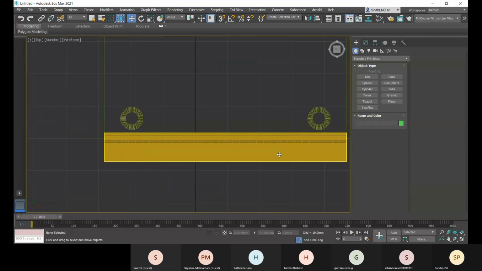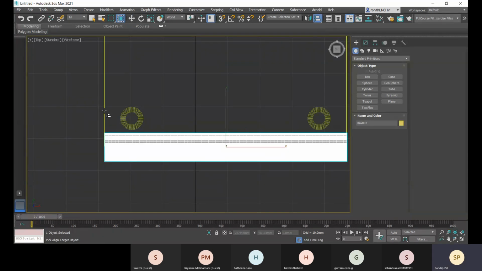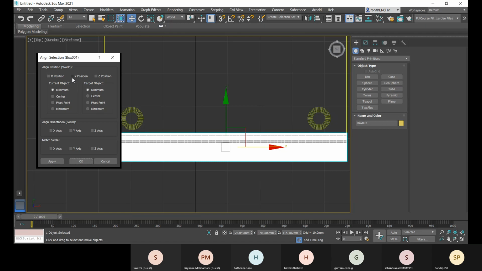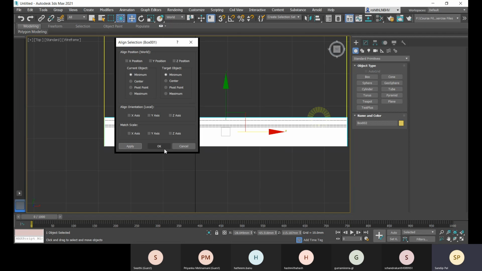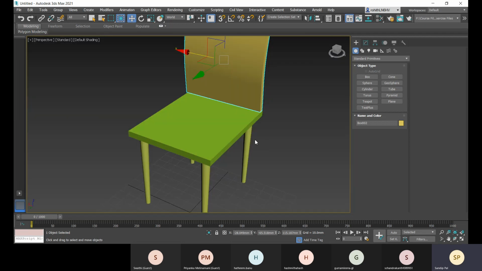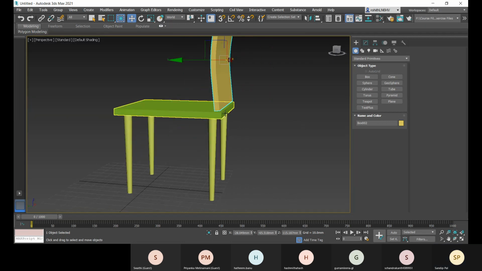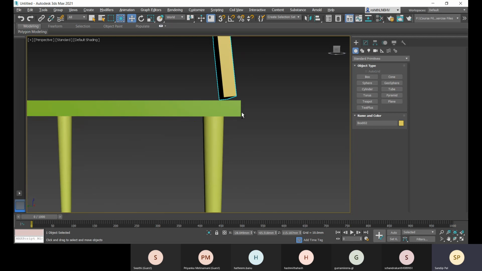So select this, go for align. And this is the target object. This Y direction, it will be aligned. So that is right now selected, I think. Click on apply. Okay, let me get back my perspective view, and that is aligned here.